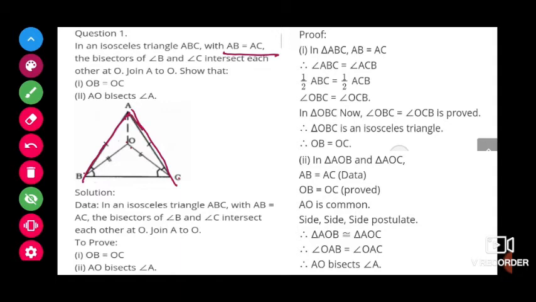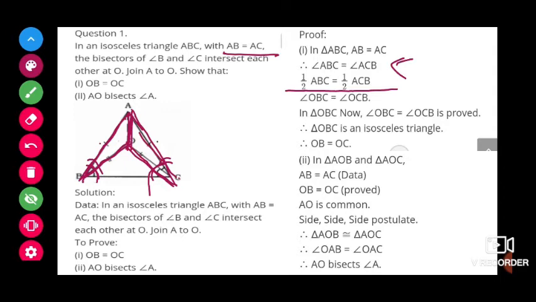If these two sides are equal, then the opposite angles also will be equal, no? And bisecting means it will exactly divide into two parts. So automatically the half of that angle also will be equal. If the full angles are equal, then the halves also will be equal. So we can say that this angle OBA and OCA, these both angles also will be equal. And one more side, OA, is common to both the triangles. So that is also equal.